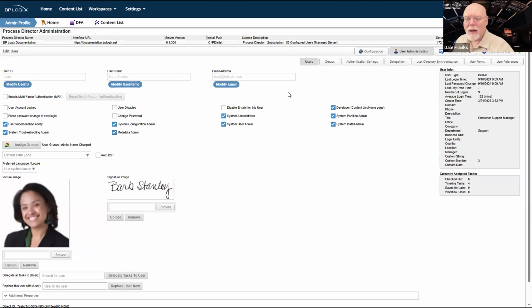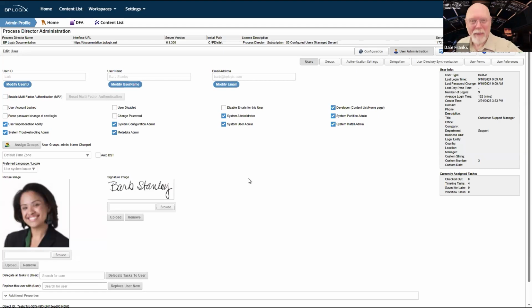So in 6.1.200, there are a number of fields, both here and, I believe, in installation settings, where the fields are now unmodifiable by default. You actually have to click the button to select the field and make it active so that you can modify it. You click the button again and it deactivates the field. So that's a new feature. It's basically an anti-LastPass or LastPass protection feature to prevent LastPass from helping you whenever you open up someone's account.